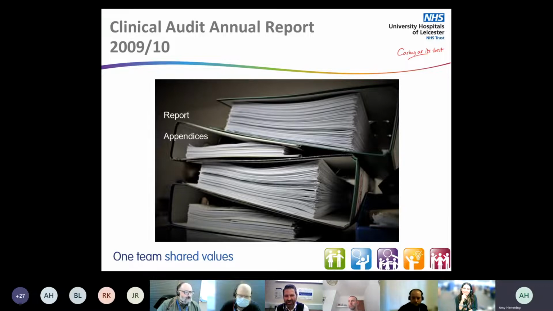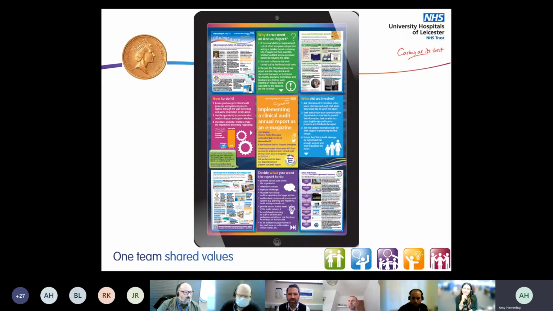But ultimately, I realised that not a lot of people have got a lot of time to read all of that detail. So what we did was actually speak to our comms team and say, could you help us with redesigning our annual report? And they were experts in terms of